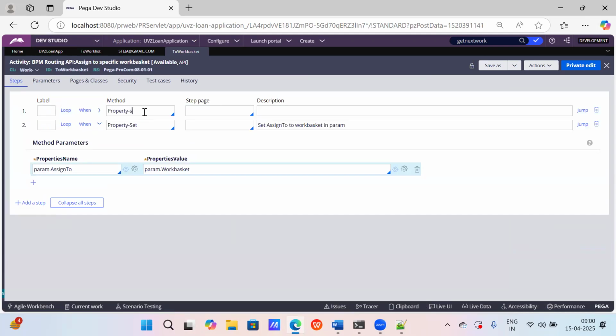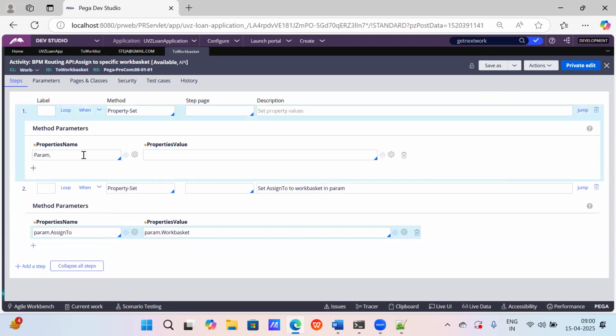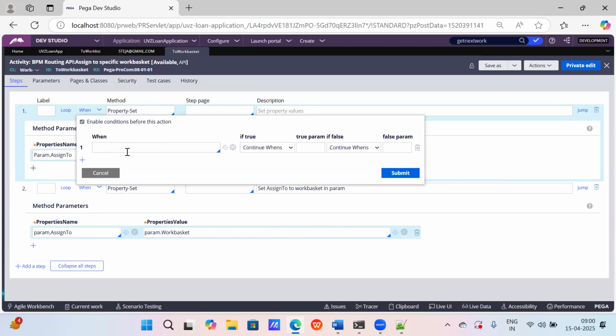You can do properties set. First, parent dot assign to. Let's consider I'm routing it to some particular user, let's say dummy test. Before I route to a particular person, I need to check a condition, a when, on employment type. If employment type is not equal to government,